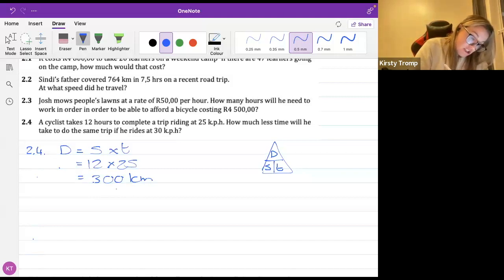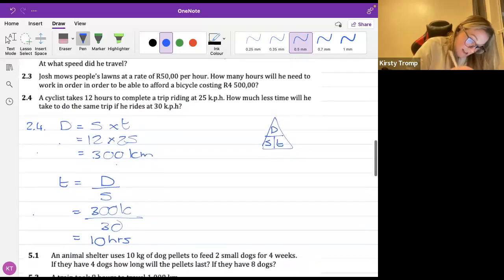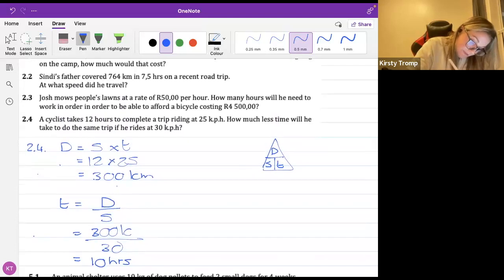Now it says how much less time will you take? So now we need to work out the new time. So we're going to take distance divided by speed. So the distance was 300 kilometers. The new speed was 30. And that gives us a time of 10 hours. So originally it was 12 hours minus the new time, which is 10 hours. So it's going to take us 2 hours